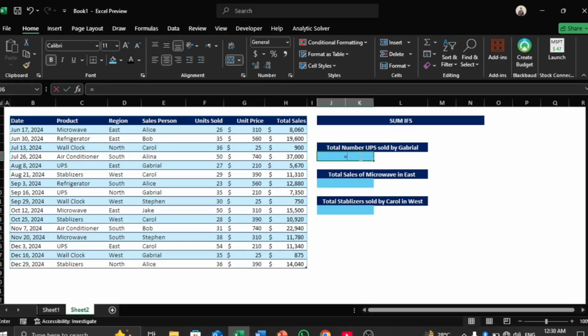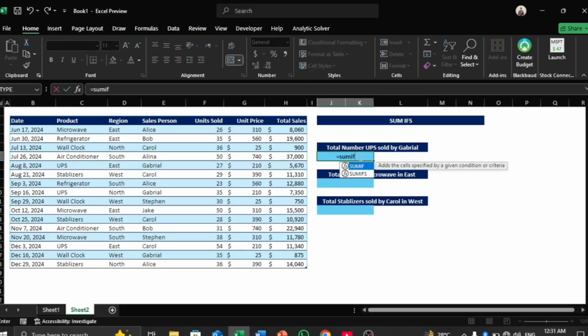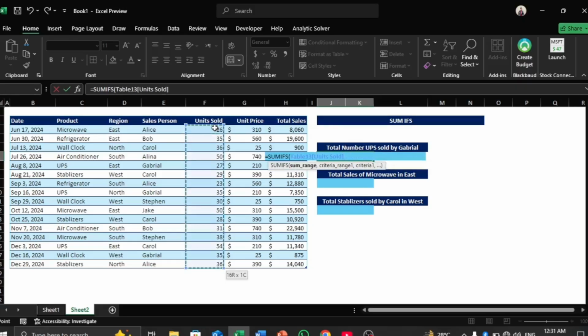So we type here equals SUMIFS, tab key, and the sum range is the number of items sold. We select this column by pressing Ctrl Shift down, comma, and the criteria range 1 is the items must be equal to UPS. So we select the items as criteria range 1, comma, and this item must be equal to UPS. So we type UPS but in inverted commas, UPS,